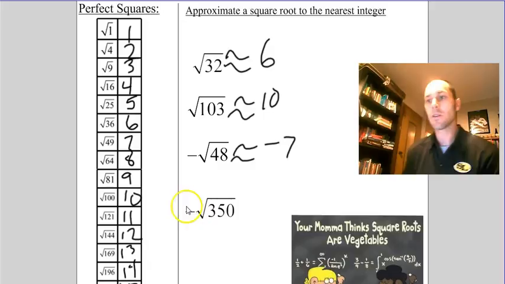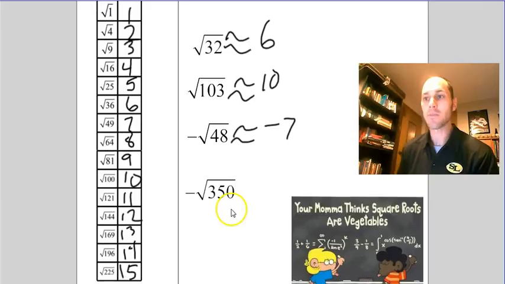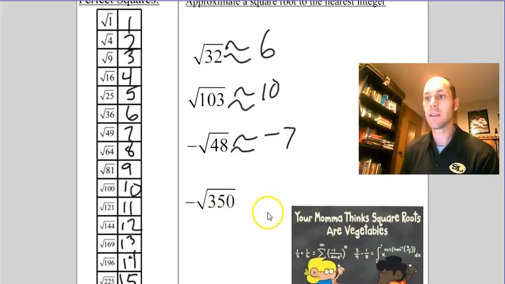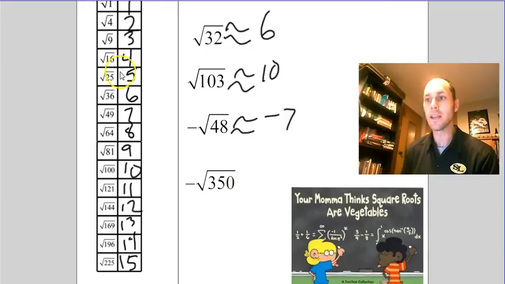And negative square root of 350. Well, here's where you might need to do a little bit of estimation. Since we only have our chart up to 15, we can take some of these other numbers like 20. 20 times 20 is 400. So it's less than that, so let's try the number below that, 19. Well, 19 times 19